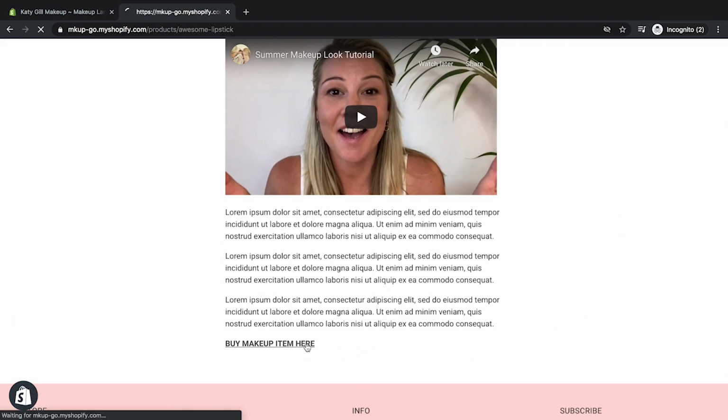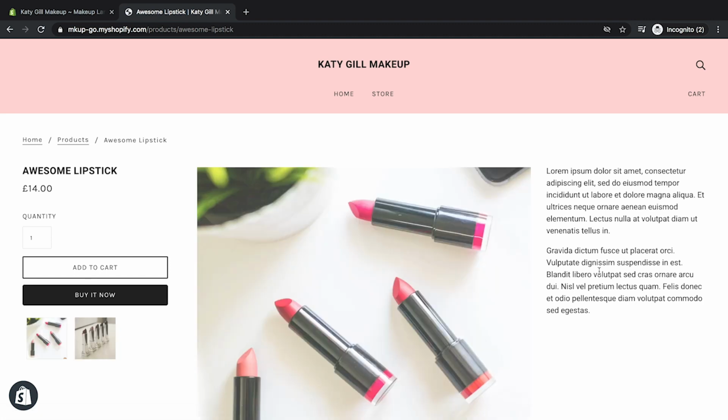And of course, you click that and you go straight to the item. Ingenious idea. It's a great way to market to someone without giving them the hard sell straight away. It just eases them in with a nice tutorial video. If you want to buy, you can buy it. If not, hey, come back and watch some more.